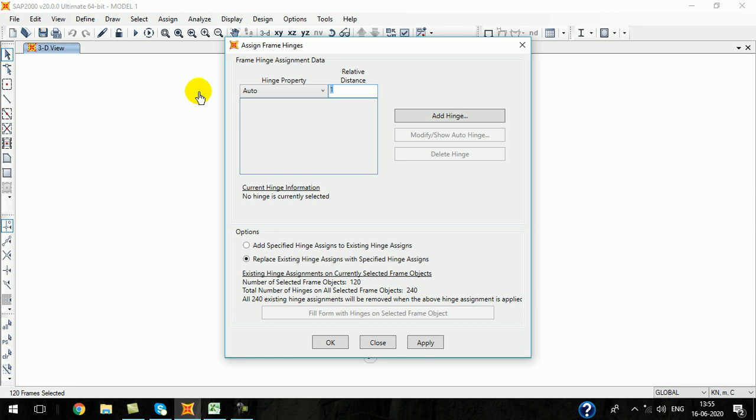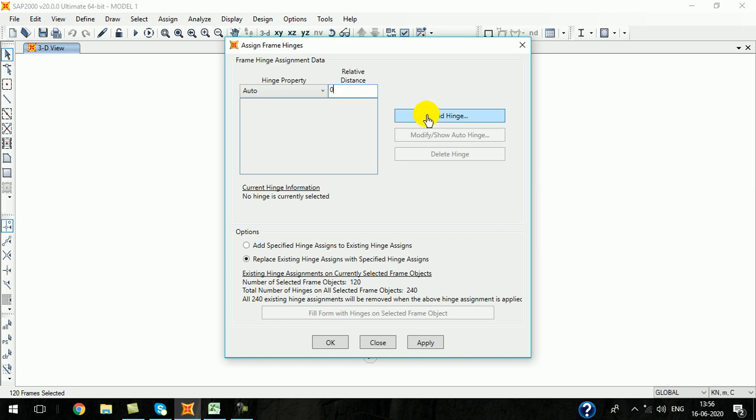Even for beams and columns it will be defined at the ends, because these members are rigidly jointed at the ends, so that is why the plastic hinges will form at the ends. Here the relative distance for one end is 0 and the other end is 1.